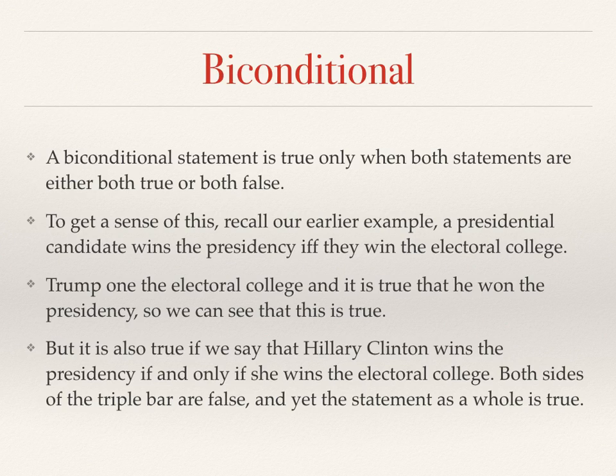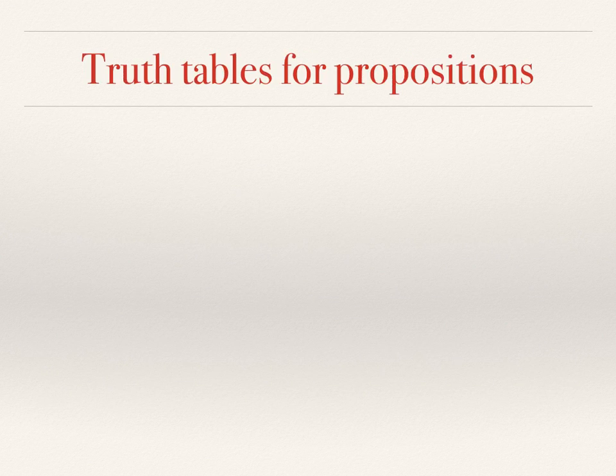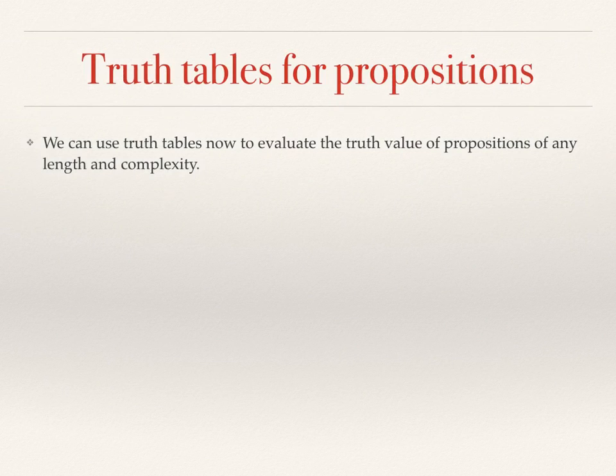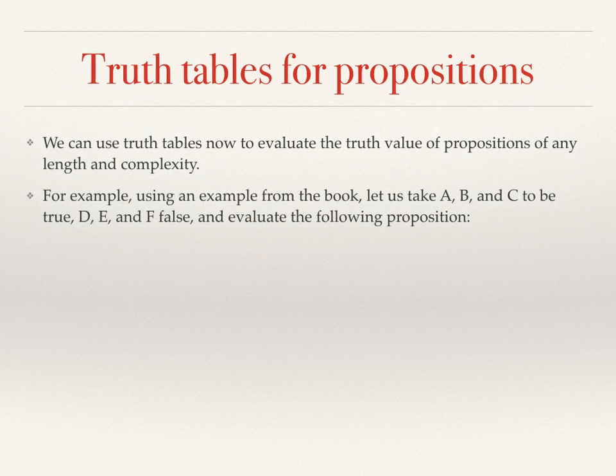So this is what's called truth tables, and this now allows us to determine the truth of compound propositions. We can use truth tables to evaluate the truth value of propositions of any length and complexity. For example, using an example from the book, let us take A, B, and C to be true and D, E, and F false, and evaluate the following proposition: not, with the negation sign outside the parentheses, (C or not A)